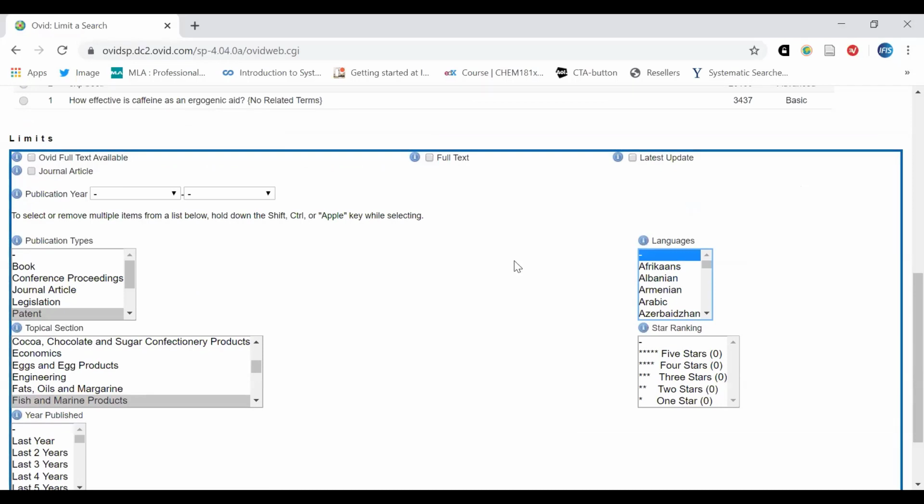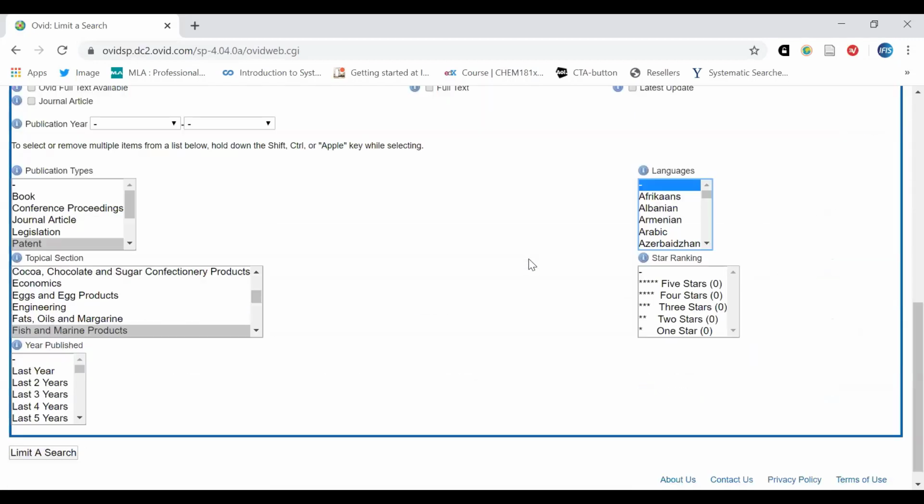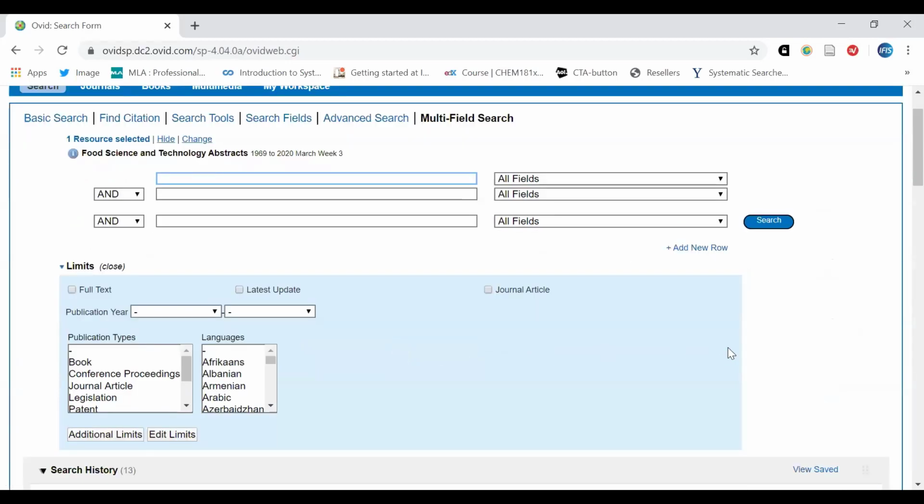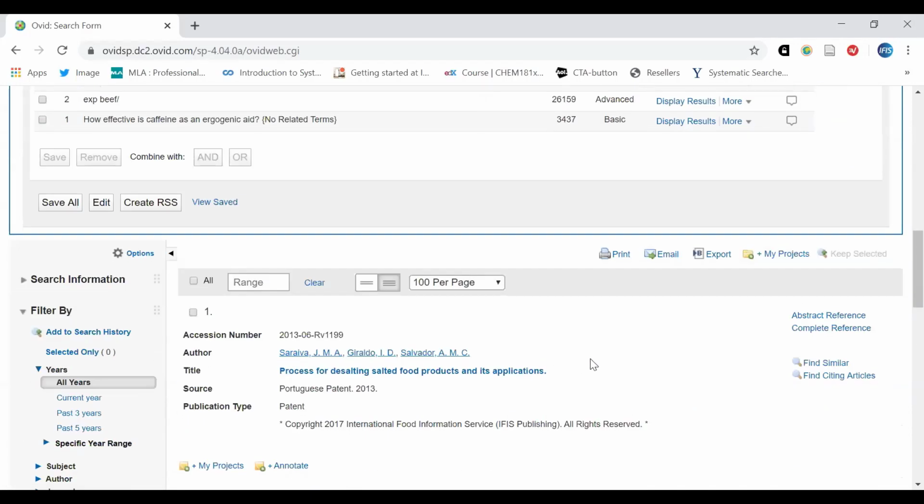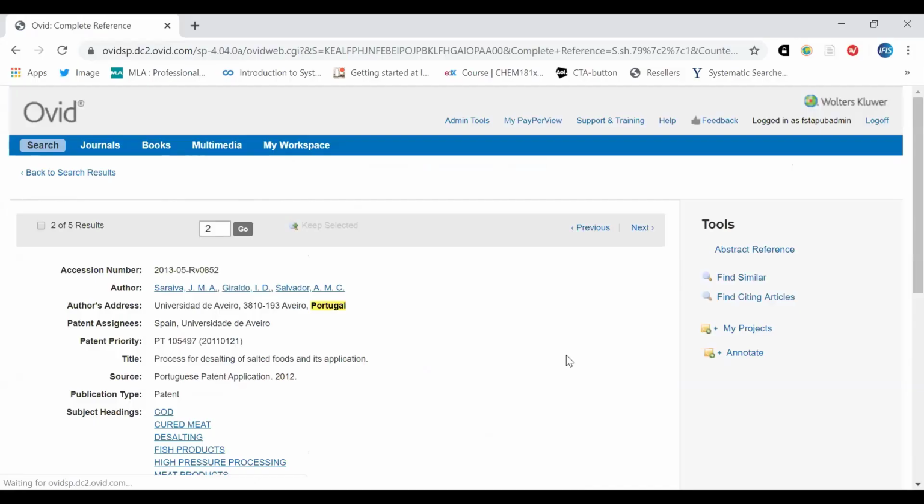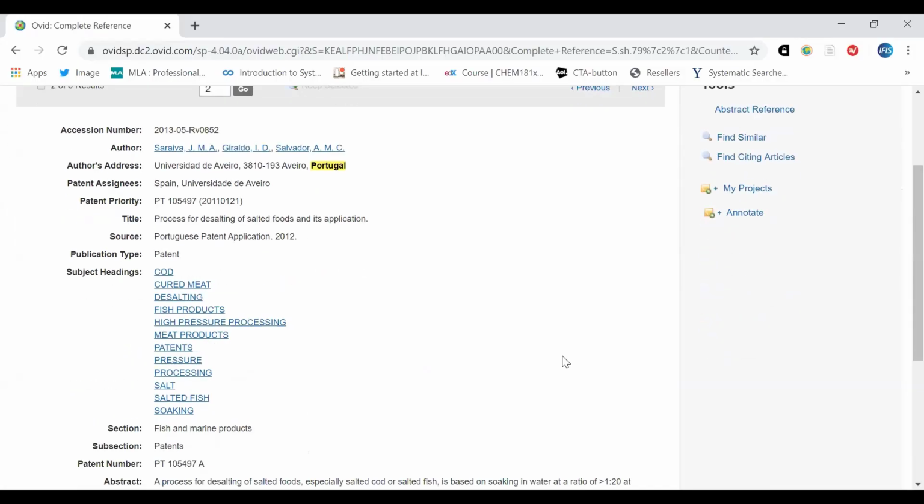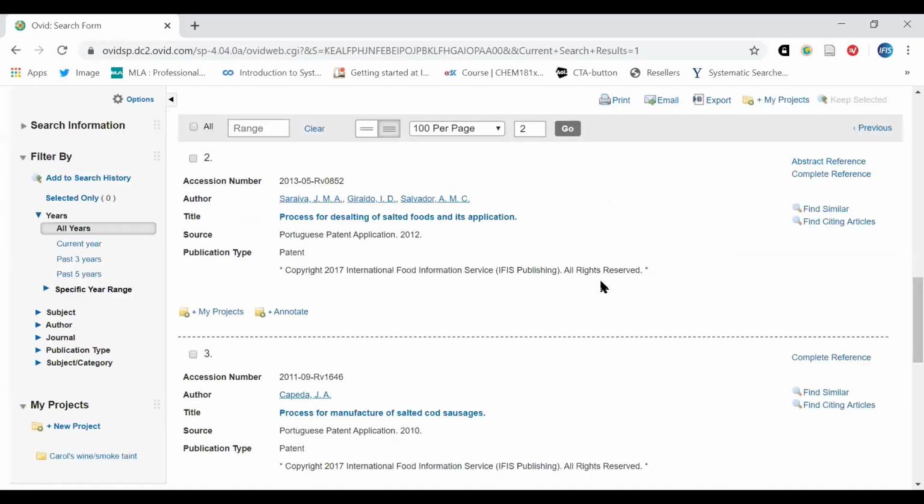So I've chosen some limits. I'm limiting my search now, and I can see that I have 5 patents that are about urchins, that are about sea and marine products. So if I click through, I can get more information on any of them. So there's just a couple more things that I want to demonstrate. If you go back to advanced search,